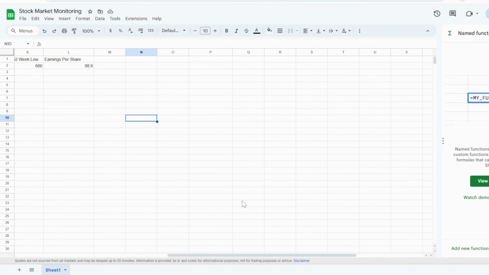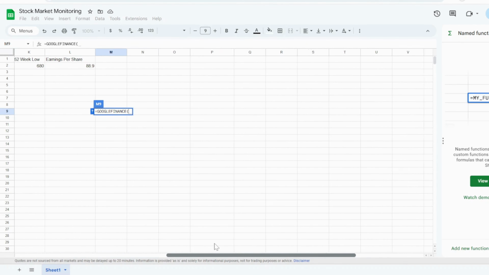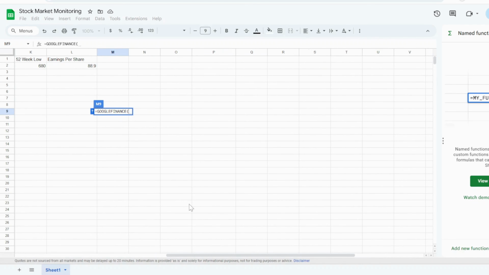So now calculate the 10-day moving average, 20-day moving average and 50-day moving average. For that, we will be creating a Google Finance data to get the last 10 days. I have moved this here so that I'll create this formula and then apply that formula to one of the headers. So I'll say A2, that is our this. I want to get the price